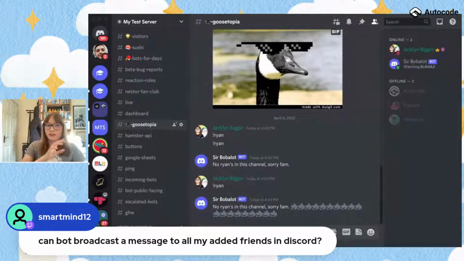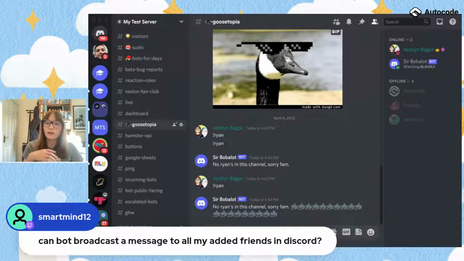Can a bot broadcast a message to all of your added friends on Discord? This is a great question, SmartMind. The answer is that bots can send DMs. So you can send DMs with a bot, but there are a couple of restrictions. If your bot isn't in a server with a person, for example, it's unlikely they'll be able to DM them.